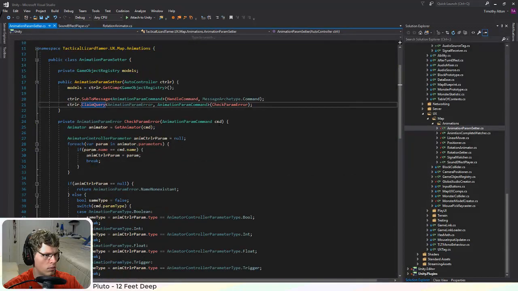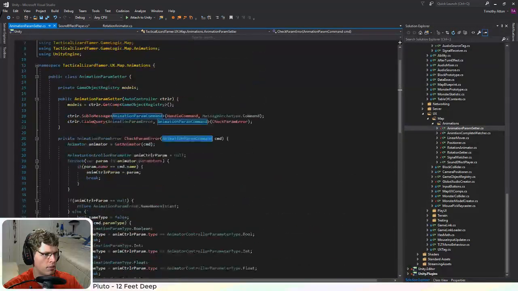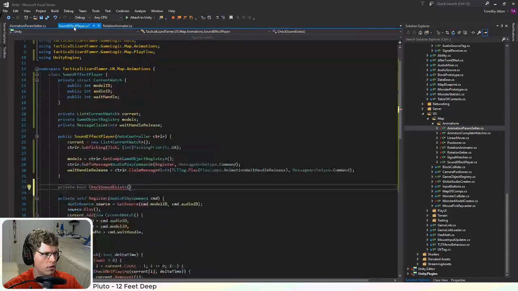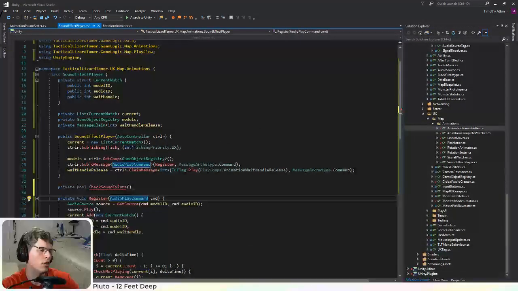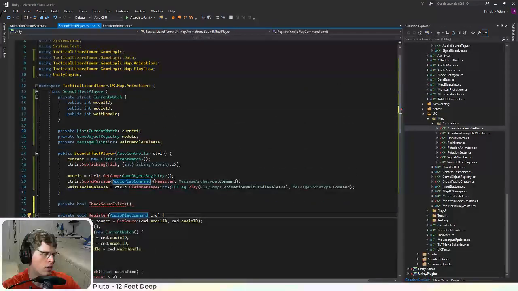And okay, so it just took the command itself. I guess that's fine. Although, now that I think about it, this is also going to need to be checked whenever we try to set volume. So we can't really use an audio play command